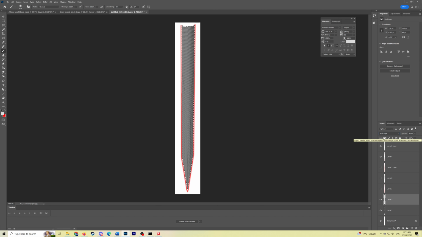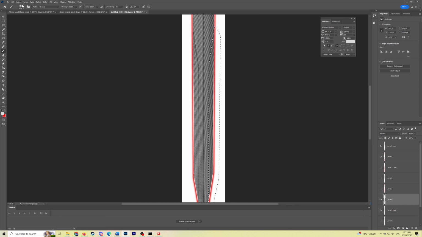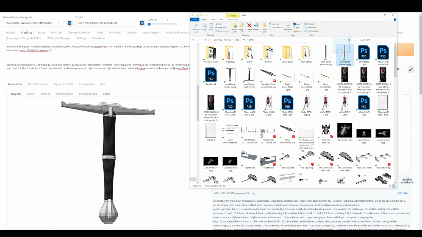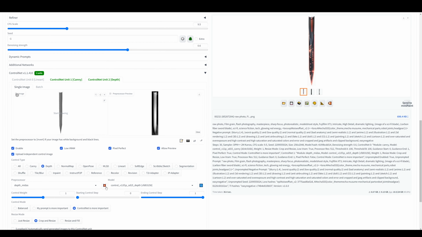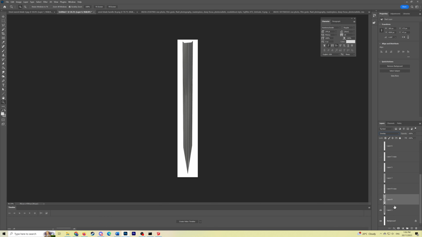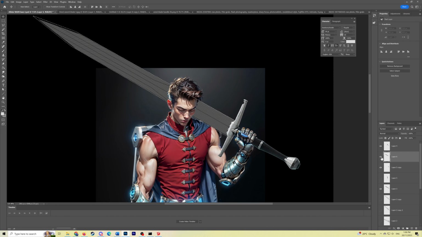I was thinking of having an energy edge, which happens to the sword when it is used, but ultimately I decided to go without the energy on the very edge, and just paint in some of the indents so the image generator can latch onto that when I bring it into Stable Diffusion. I use multiple control nets to lock in the shape, specifically the depth setting and canny setting. After a couple of generations, I bring it back into Photoshop, correct some errors, then it's time to merge it